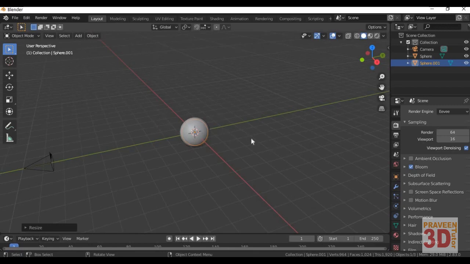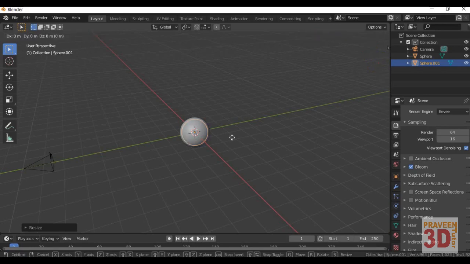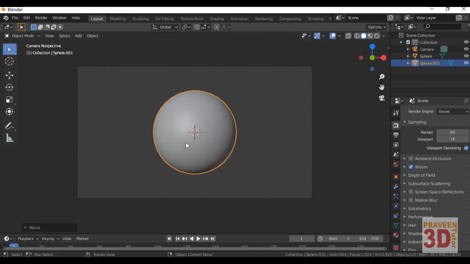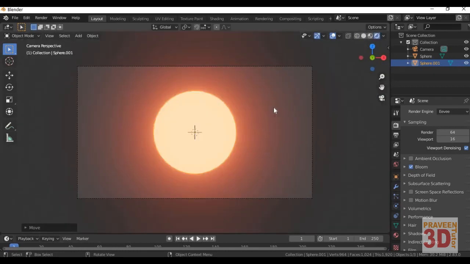The other sphere should be covering our solar eclipse. It's inside the sun. So by default the cube is the sun. So simply move it here by pressing G, Y, and move it along the X, Y axis minus, and let's see how it looks. So it looks somewhat like it's covering the sun. I'll just show it in the render view here. So this is how it looks.